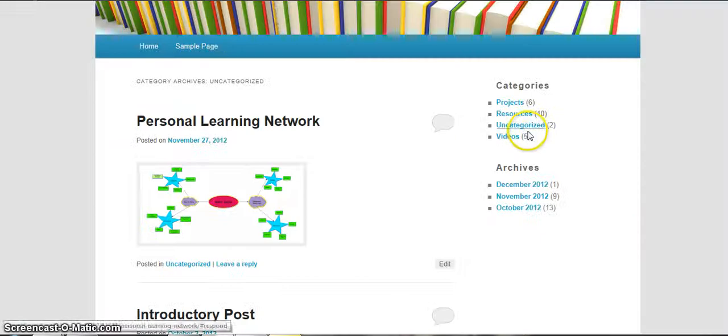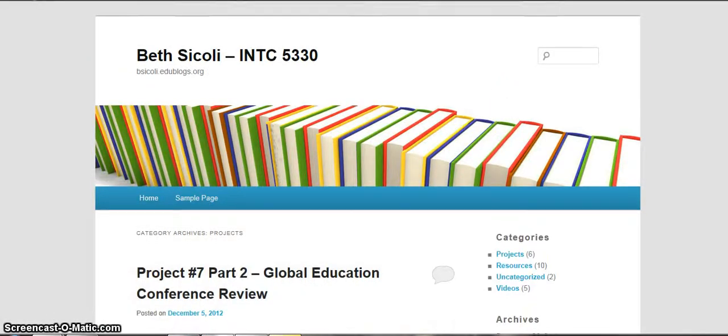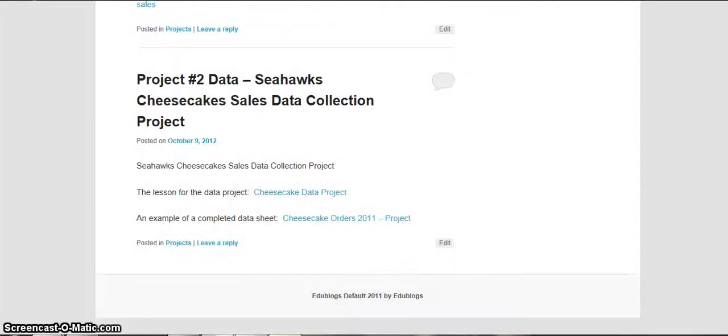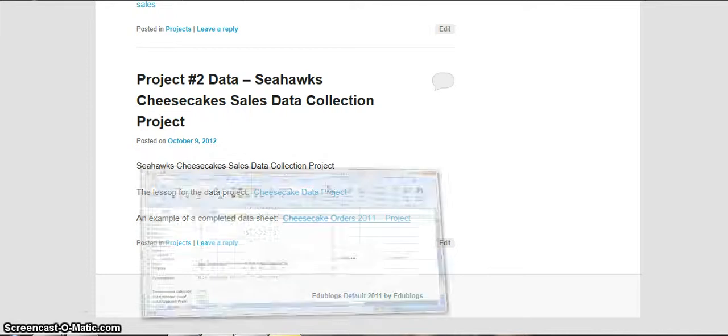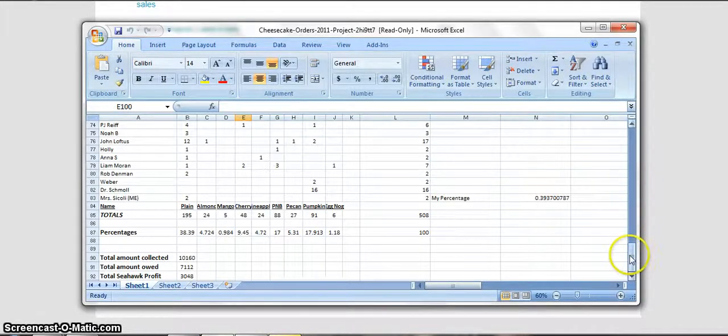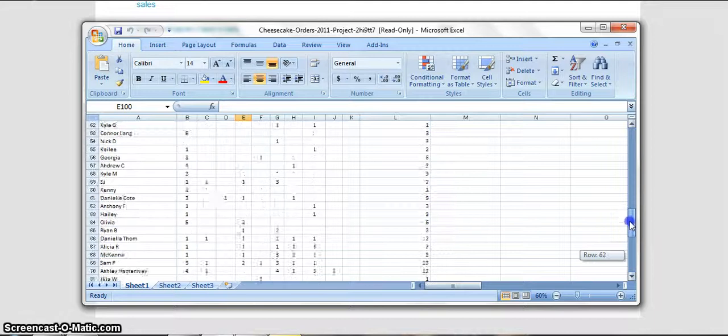The next thing I was going to go through were my projects, and the first project we had to create was creating this blog. The second project I had to create was a data collection project, for which I used the cheesecake sales that I do within my group of students. I had the students create an Excel spreadsheet based off of the sales, and it has each student's name and how many cheesecakes they collected.